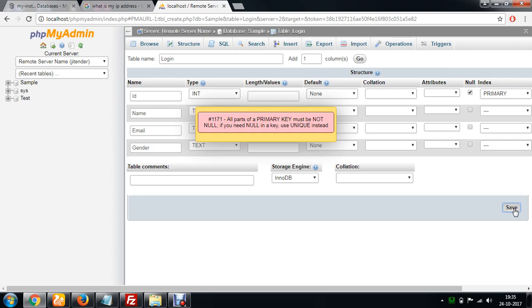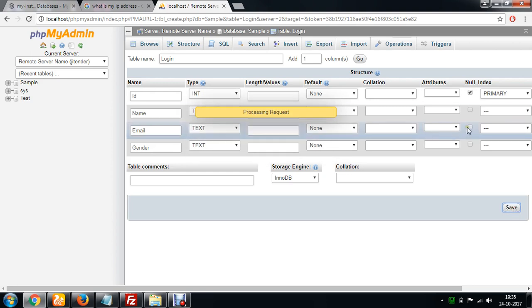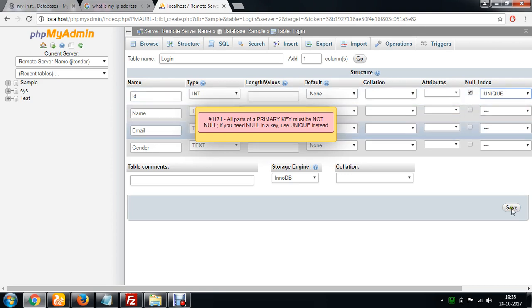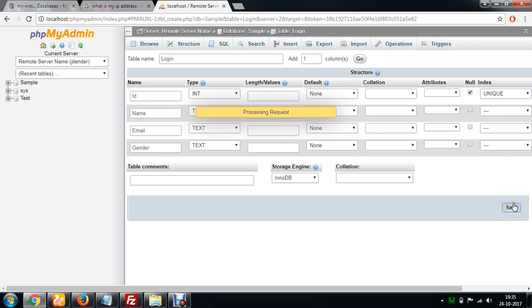There's just a warning, we can ignore this. I'm going to make use of unique, and I'm going to click on save.